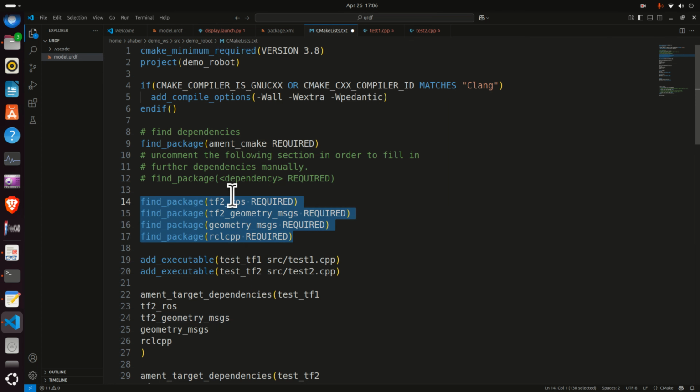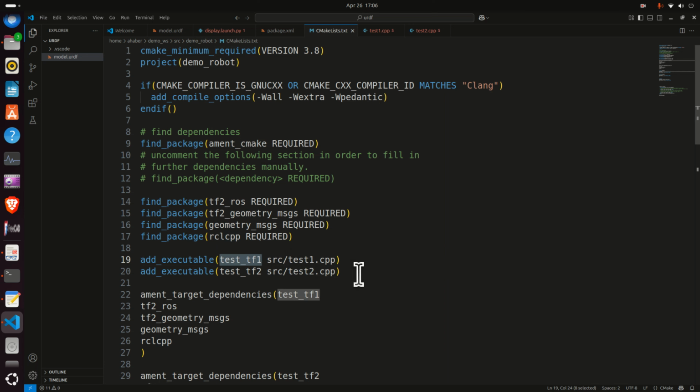Good. Now we solved this issue. Let's save this file. Then, since we are building everything, we need to define the executable names. So for the test1.cpp, which is inside of the source folder, we need to specify the executable. The executable is